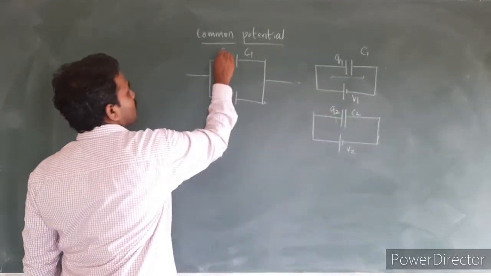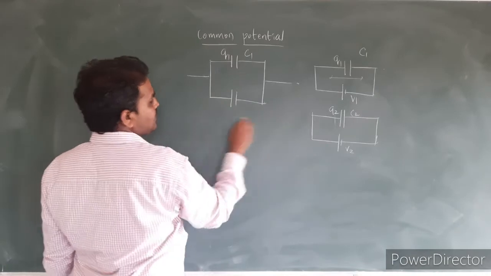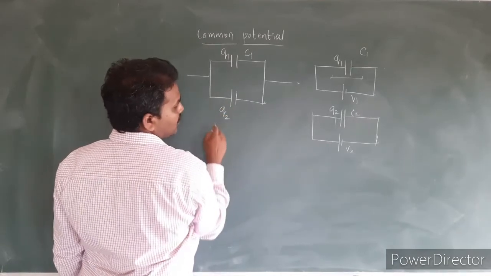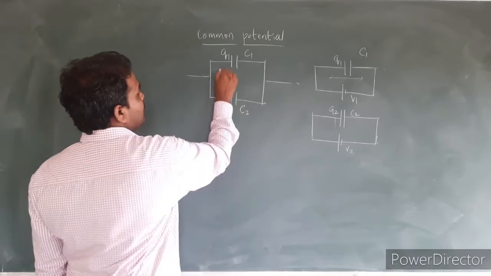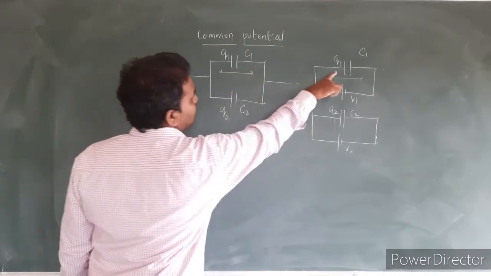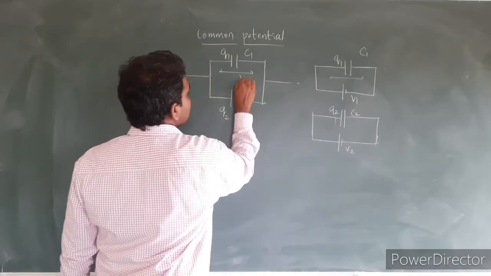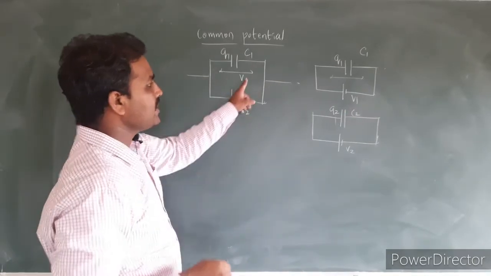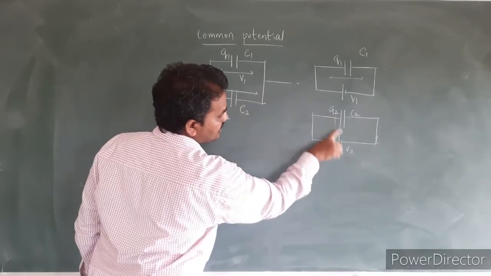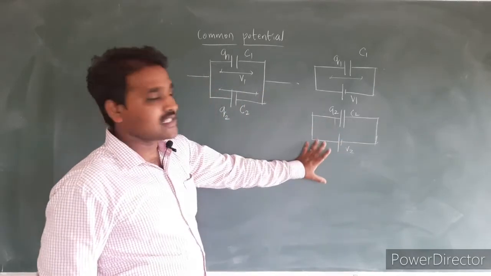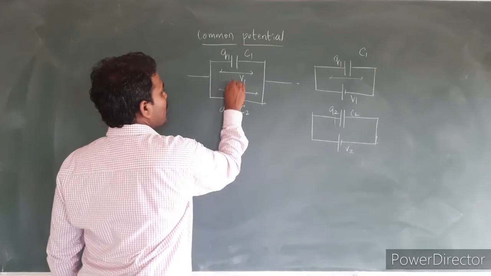The charge stored is Q1. In the second capacitor the charge stored is Q2, and the capacitance of this capacitor is C2 here. So in the first capacitor, the potential developed will be equal to V1, and in the second capacitor, the voltage developed after the maximum charge is stored will be